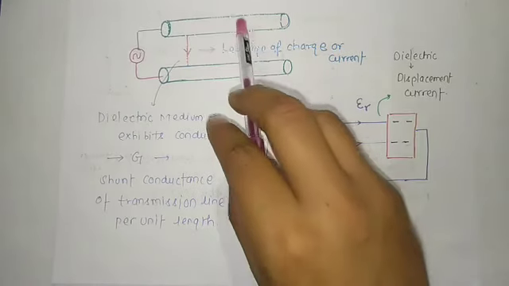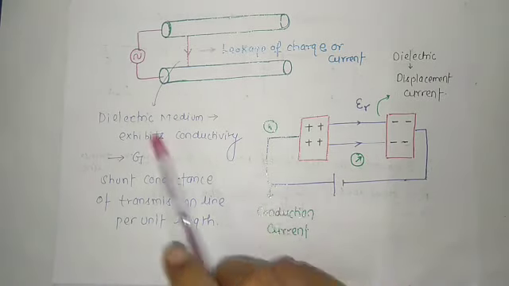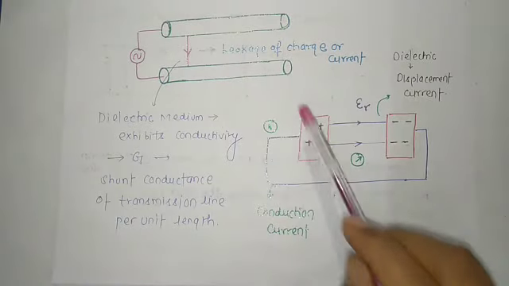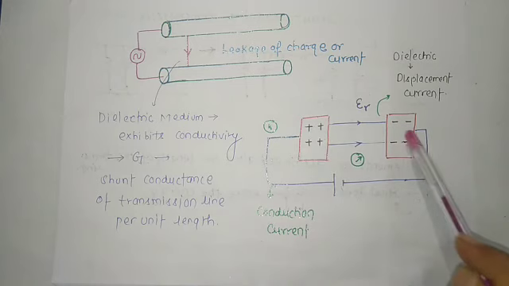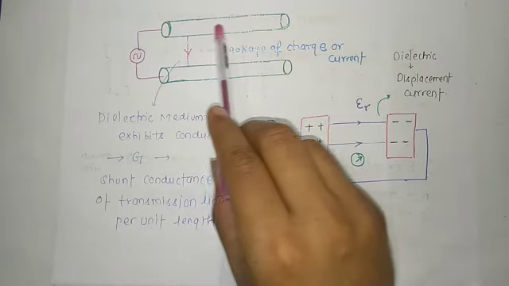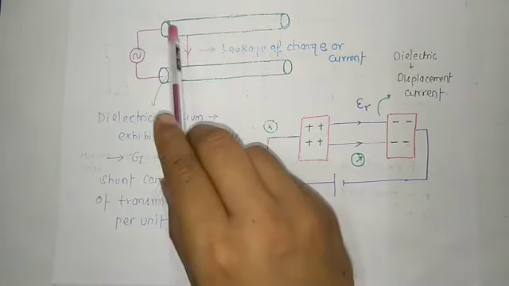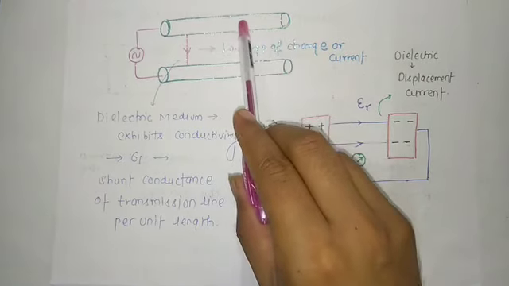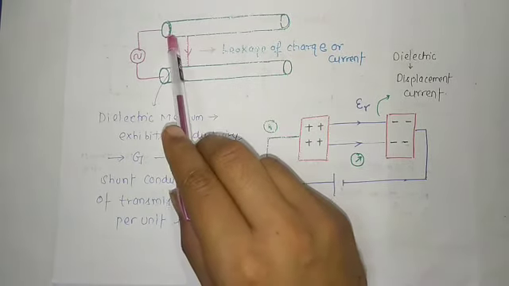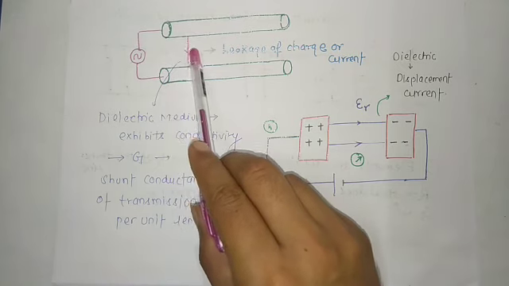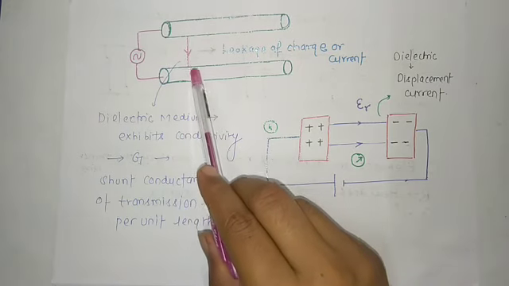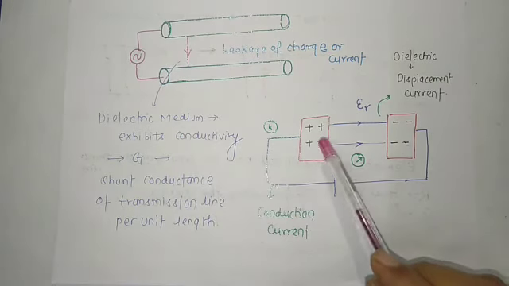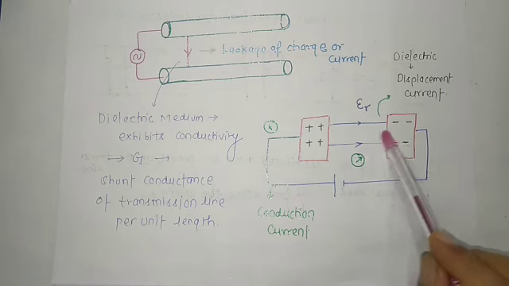Are you getting the same kind of condition here? Yes. This is one conductor, and this is another conductor, and both are connected with excitation. The current flowing in this direction is nothing but a conduction current. It may be possible there will be some leakage of current from this conductor through the dielectric to the other conductor. There is a current which is flowing through the dielectric.